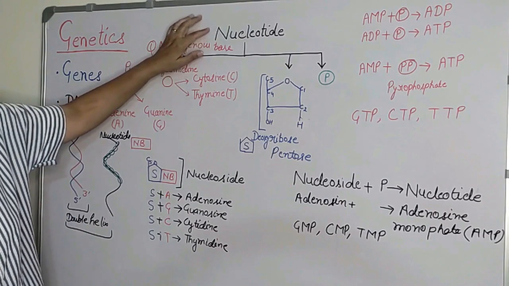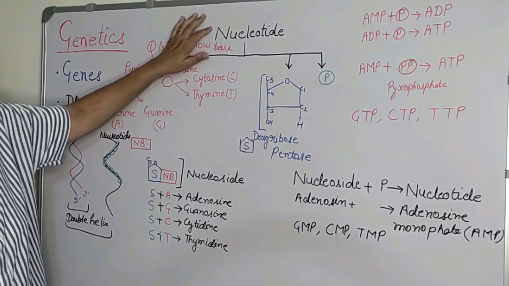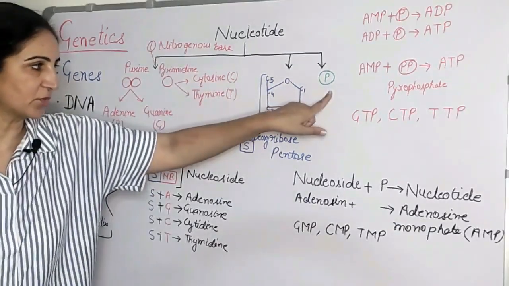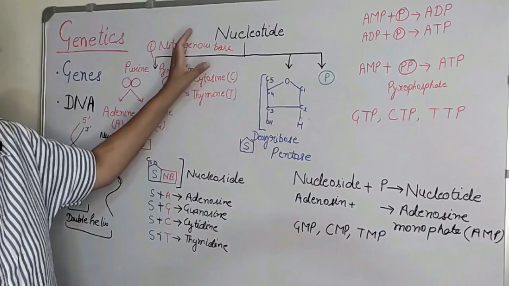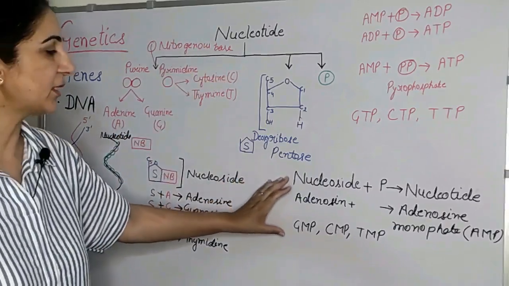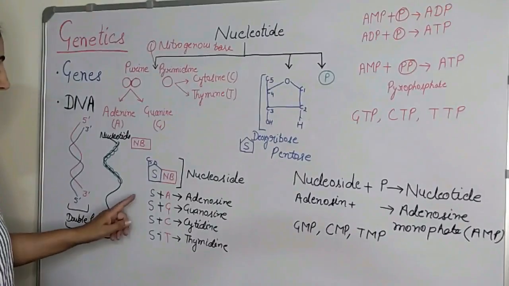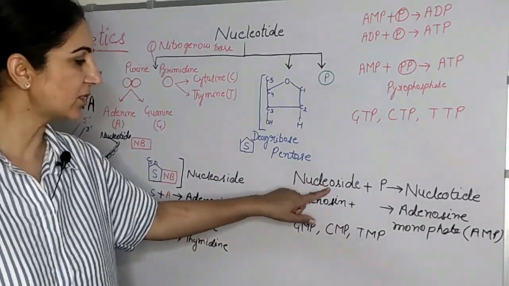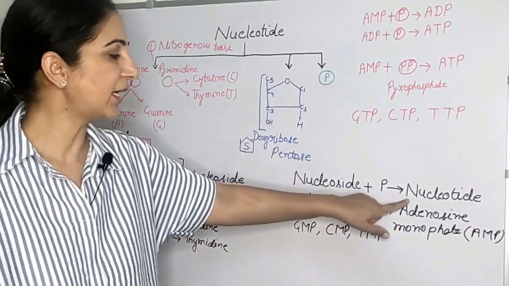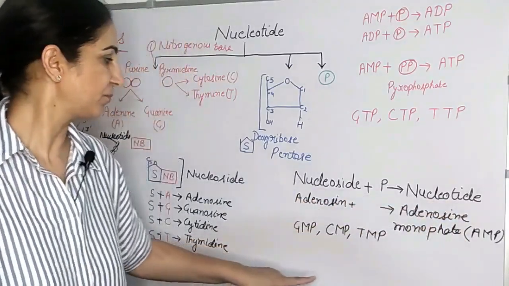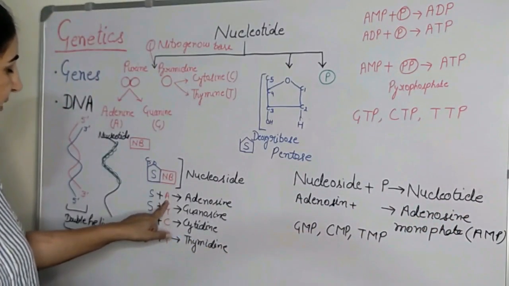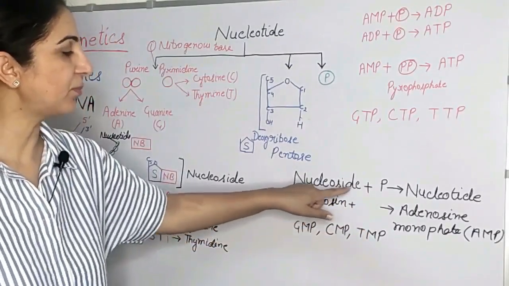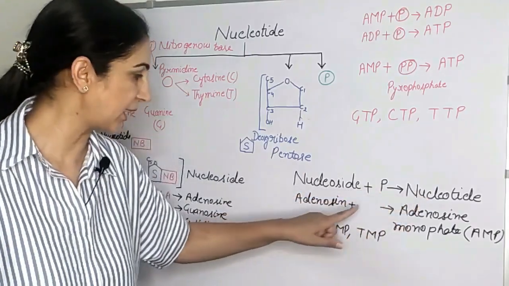But we know that the nucleotide is made up of 3 subunits, that is nitrogenous base plus sugar plus phosphate. So that means to synthesize a DNA molecule, we should first synthesize the nucleotides. Till now we have synthesized nucleosides. So let's combine this nucleoside with the phosphate group so that we can have our nucleotide. Because now we have one nitrogenous base plus sugar plus phosphate. So nucleoside plus phosphate is known as nucleotide.